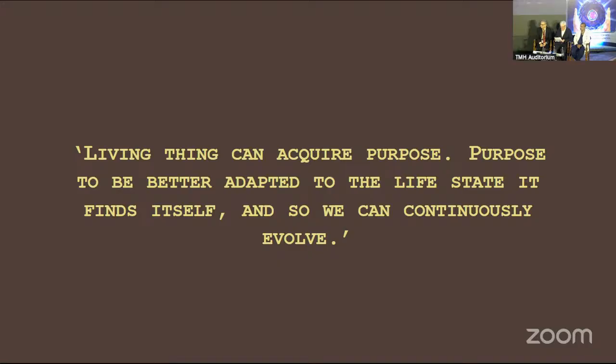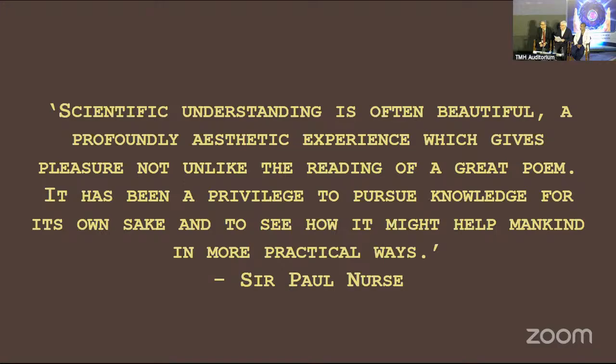I can, of course, go on and on, but I think I will now end with one last insightful quote from Sir Paul Nurse. And I think all the scientists will nod their heads when they read this. Scientific understanding is often beautiful, a profoundly aesthetic experience, which gives pleasure not unlike the reading of a great poem. It has been a privilege to pursue knowledge for its own sake and to see how it might help mankind